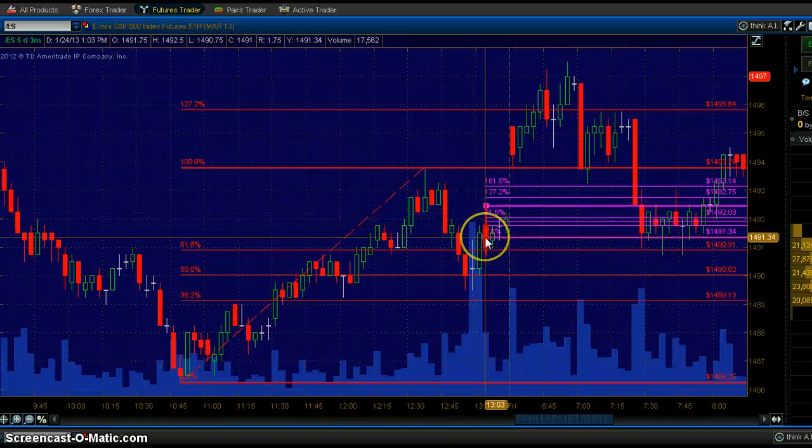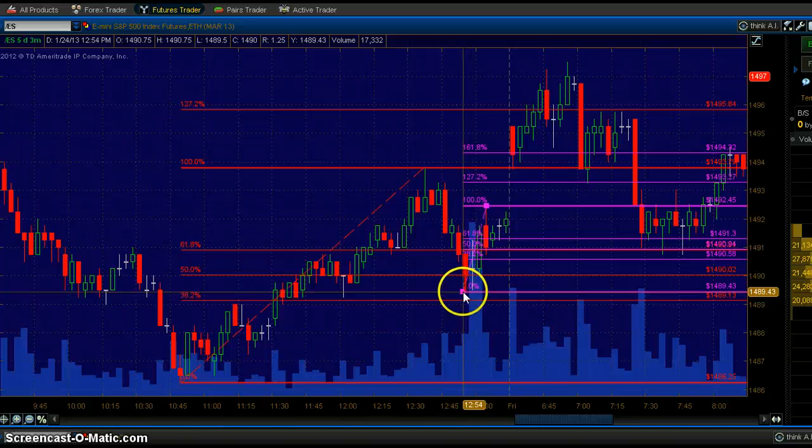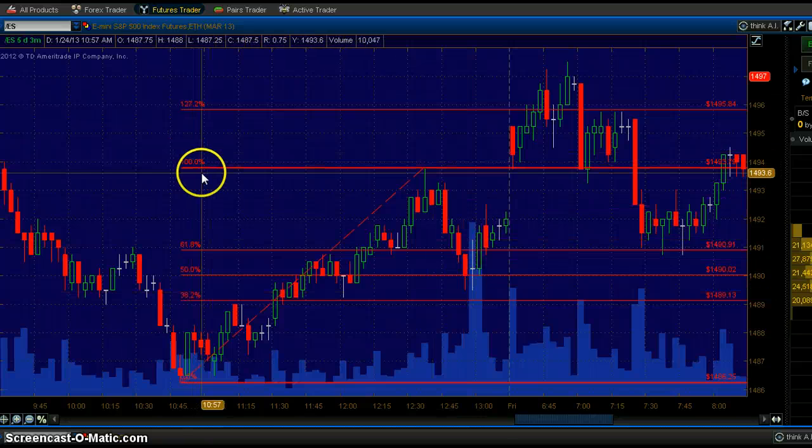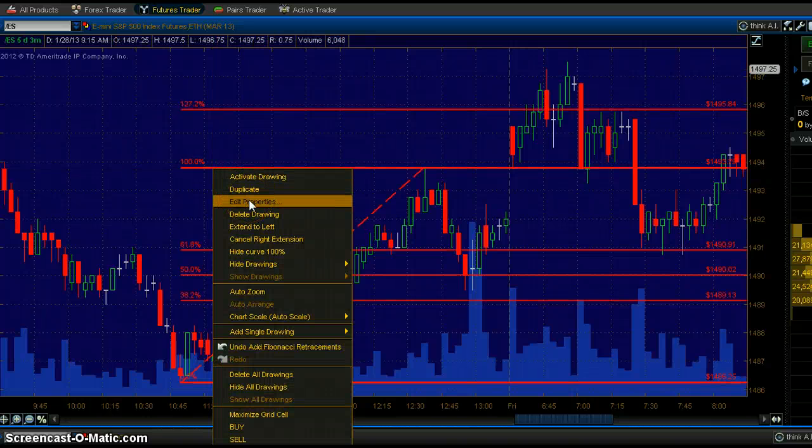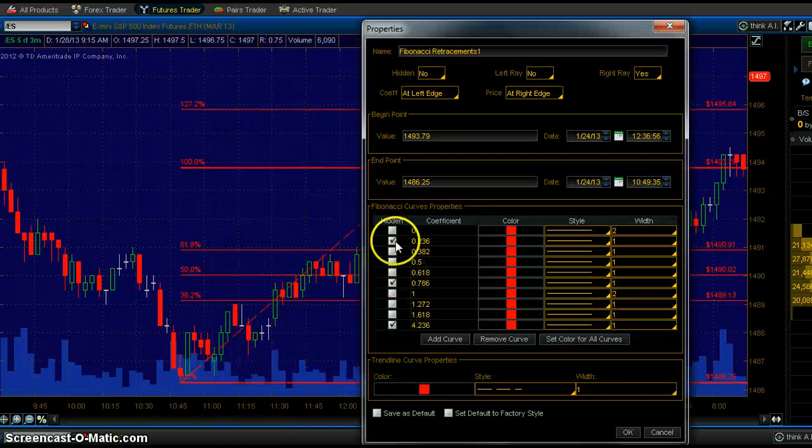Here, I'll just click on the line, just randomly drawing a line here just so you can see these levels. So you can see the 127.2 and the 161.8 are in that purplish pink color, and you can set those as your default. Those are generally the major levels that most people reference, so they have the most significance. You just right click on the Fibonacci drawing as you drew it, you click on edit properties, and you hide the minor ones, these ones, and you leave the ones, this is again for Thinkorswim, you leave these ones available to view. So you can see they don't have those checked. And you can set those as your default and just say save as default, and it will show that each